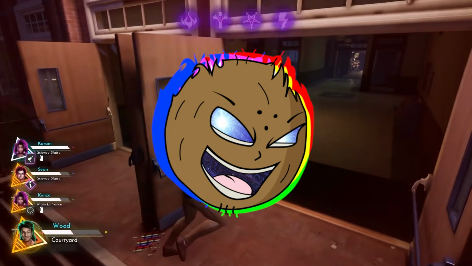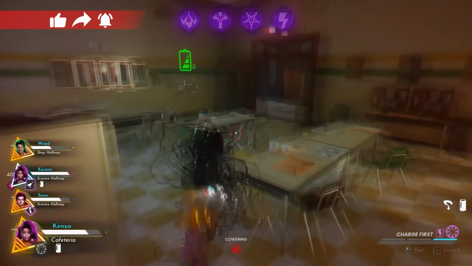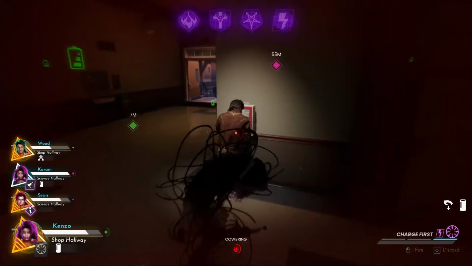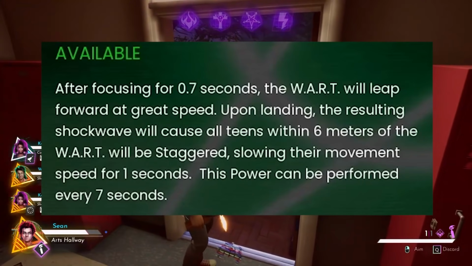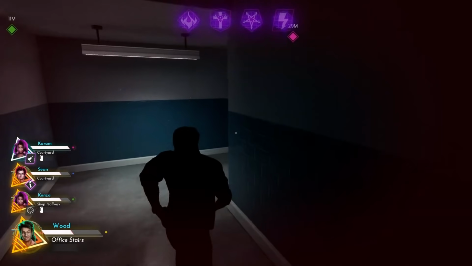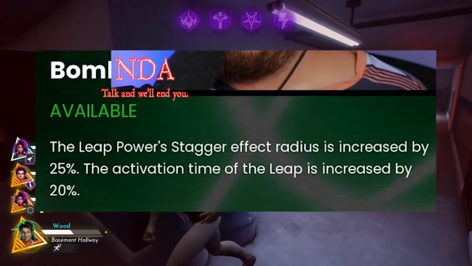First, the mutations. These are the different modes that each monster power has access to. But before I actually list the mutations, I want to point something out to you about the descriptions. They give you exact numbers. Isn't that nice? The mutations revealed in Dowsey's videos are Bomb, which says the leap power's stagger effect radius is